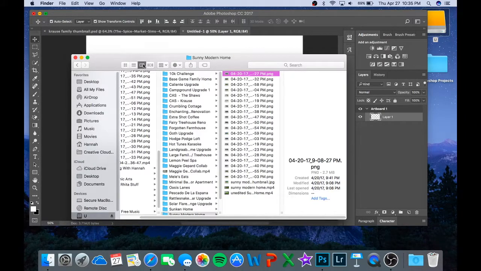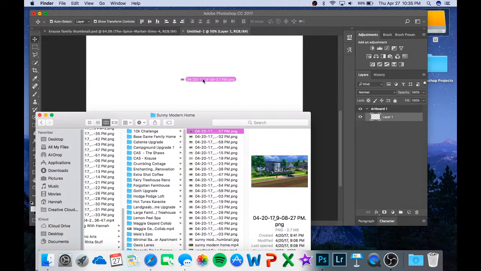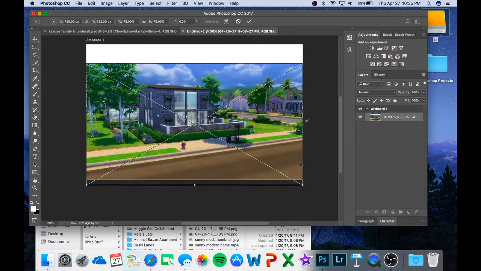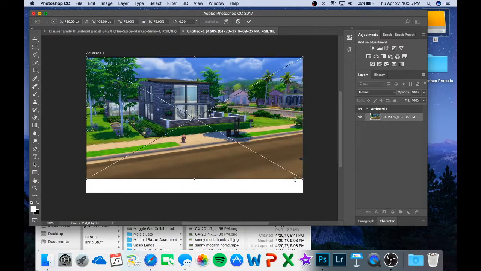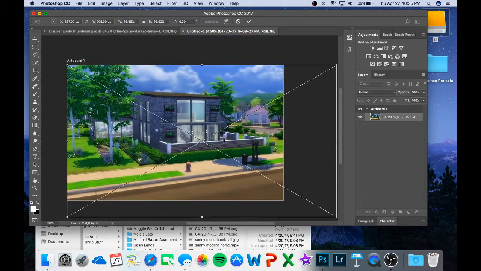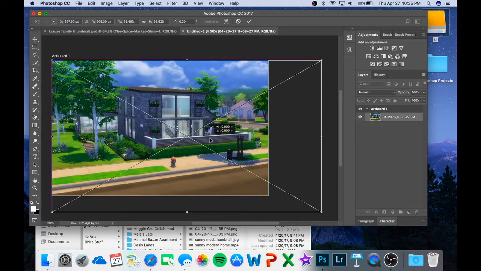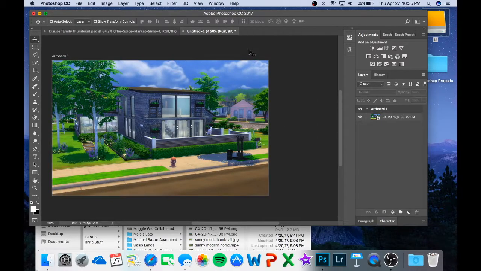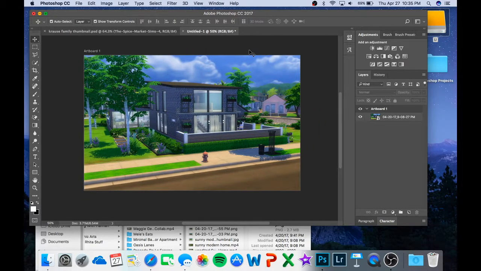So then I'll go to my files for my Sims videos and select a screenshot. I usually end up using the one of the front of the building because I'm boring and I pretty much always do the same thing. So I just drag and drop that onto my artboard and stretch it out so we don't have any weird extra views of the street or whatever, and no white edges. And place that, and then I add a text layer,